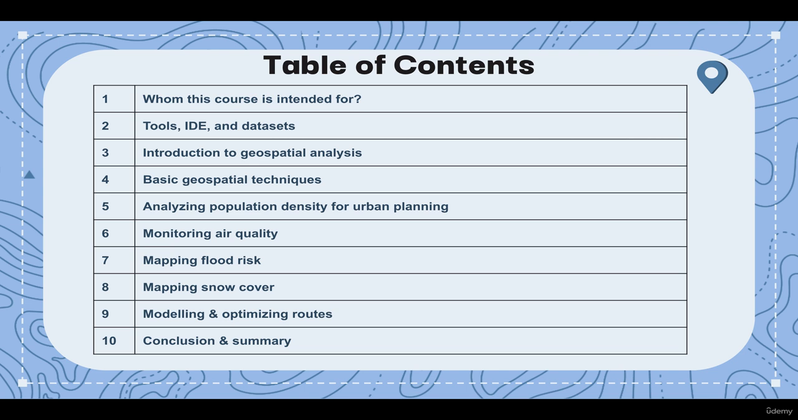Okay, so now let's move on to the third chapter, Introduction to Geospatial Analysis. For those of you who are already familiar with this topic, feel free to skip this chapter. However, if you're new and you want to learn more about geospatial analysis, make sure that you pay very close attention to this chapter. In the third chapter, we are going to get to know more about geospatial analysis use